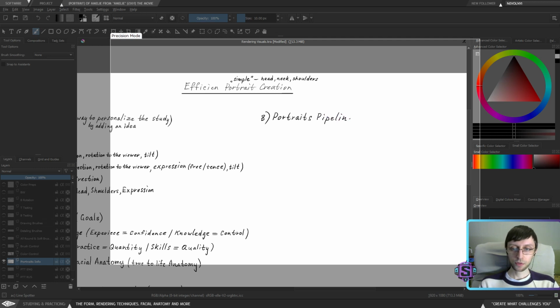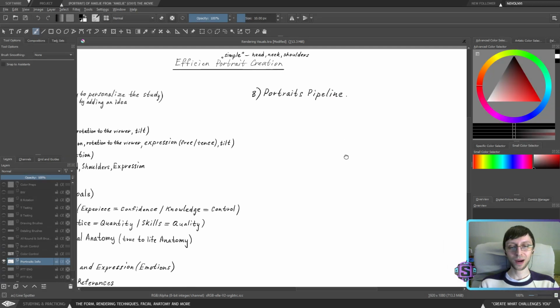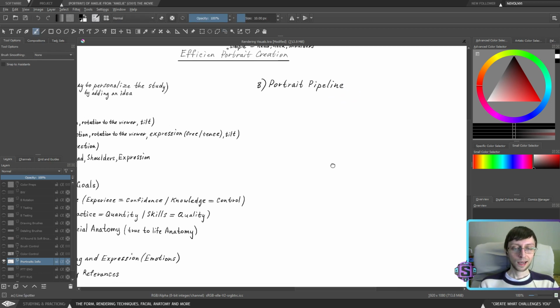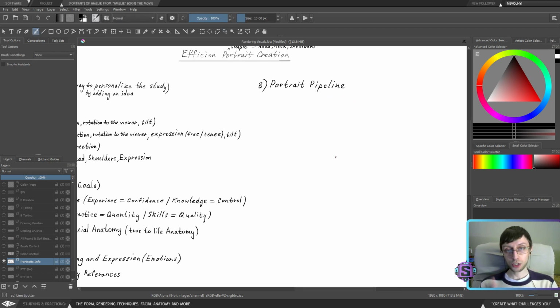So we're going to have three pipelines that we need to combine together. There's going to be the portrait pipeline. There's going to be the illustration stages, which are the overall stages of how to work with the illustration. We're going to implement them into the portrait pipeline, connect them later.